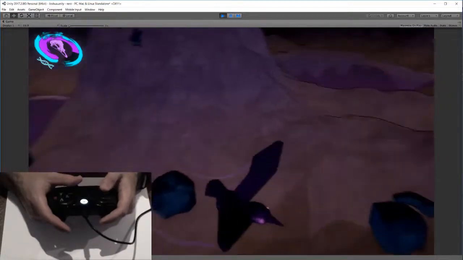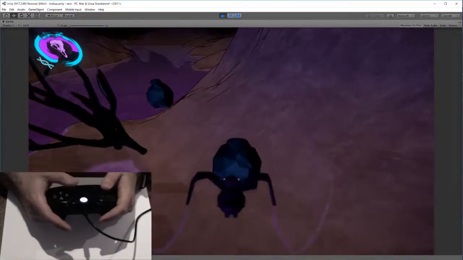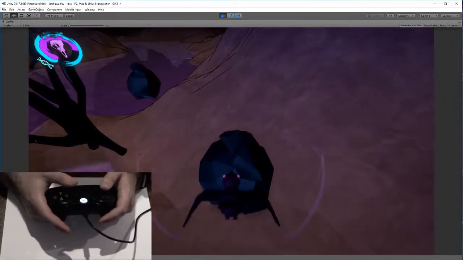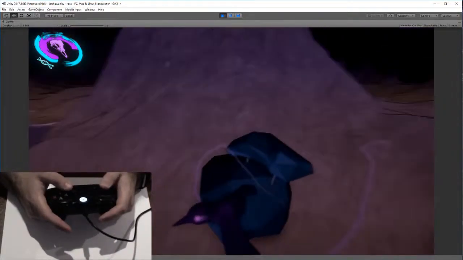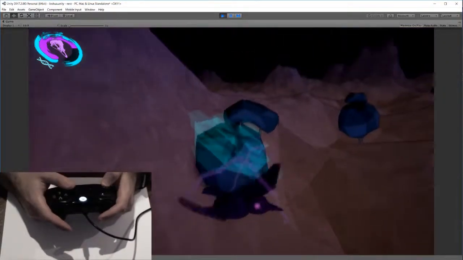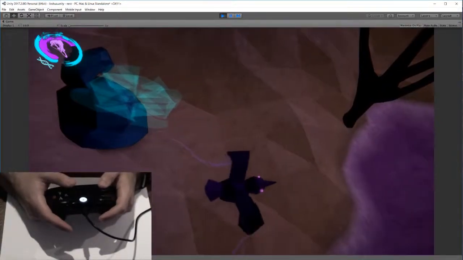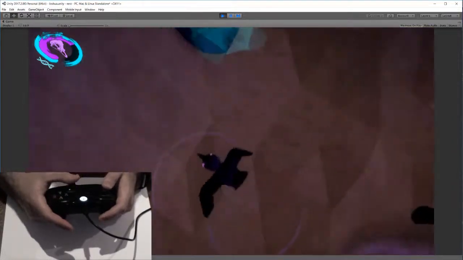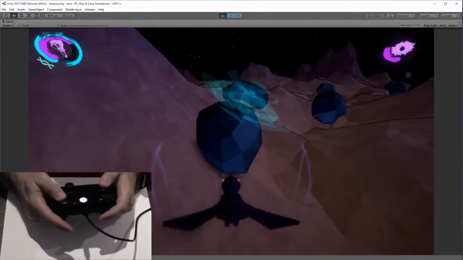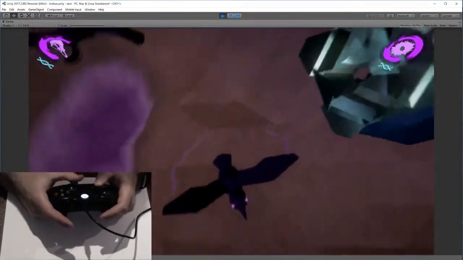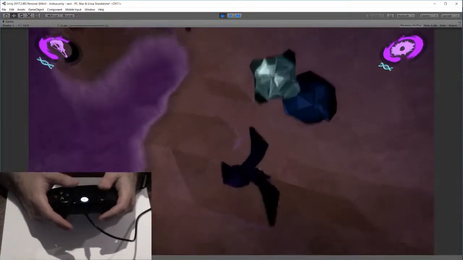So this is one of the changes. You can only build, let's go over here, press Y. Yeah, there we go. You can only build on these terrain props. You can't build on the ground. You obviously can't build in water, but we'll get to that. Hold Y to build. You've lost all your energy, but